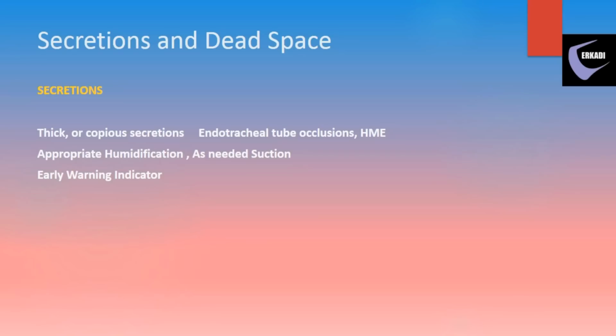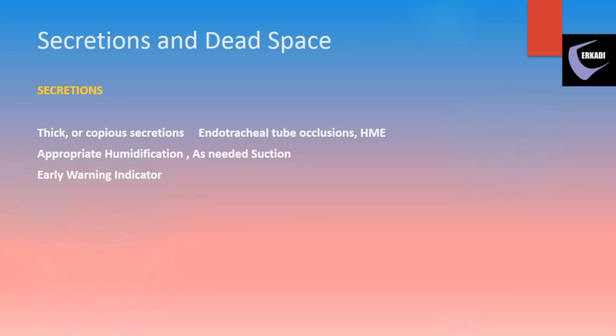Copious or thick secretions are acknowledged as causing endotracheal tube occlusions and HME soiling or occlusion. These are recognized as being caused by inappropriate humidification like excessive or deficient gas temperature or delayed suctioning. These are the same causes that apply to flow sensor. Instituting appropriate humidification and as needed suctioning is relevant and needed even for the correct functioning of endotracheal tubes and HMEs. The flow sensor's visible behavior is an indicator of a much more serious condition existing inside the patient. Such an early warning indicator would not be available with the use of flow sensors located inside the machine.